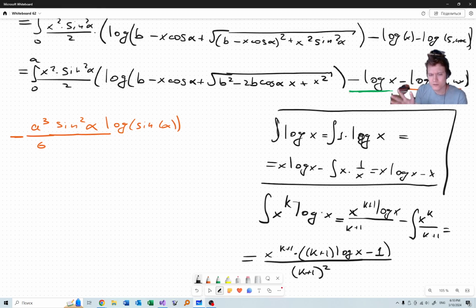Okay, let's substitute k equals 0. When k equals 0, it becomes,